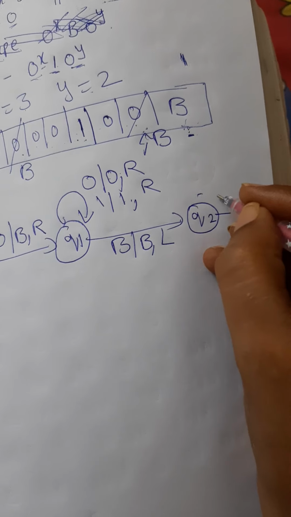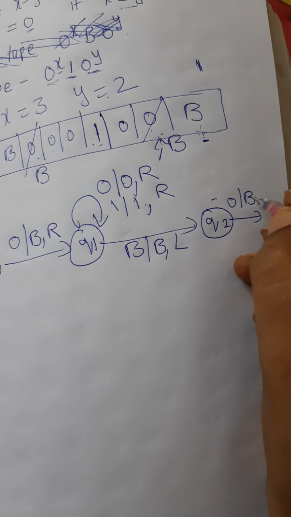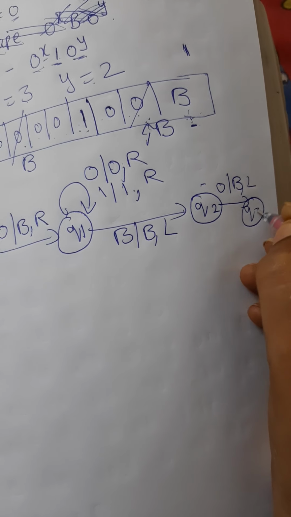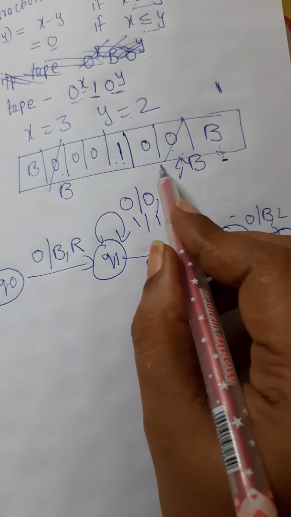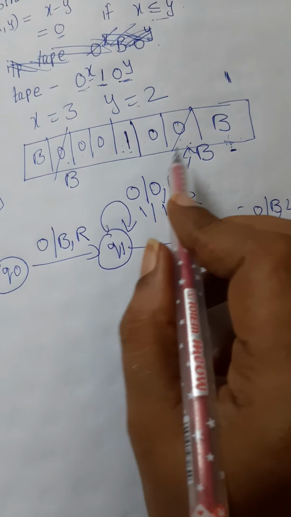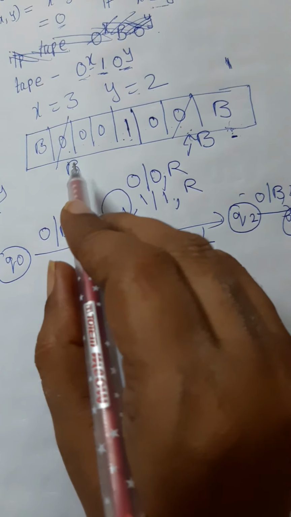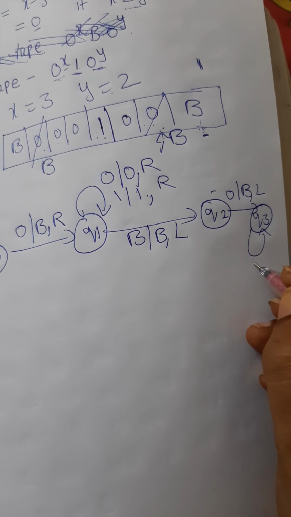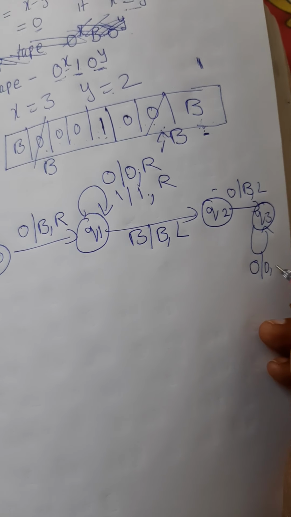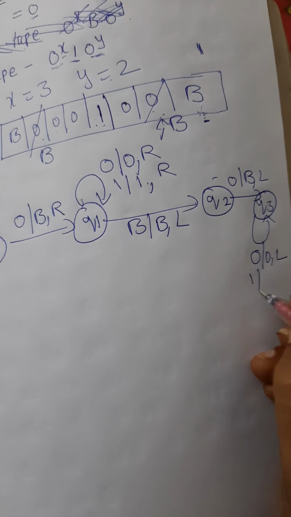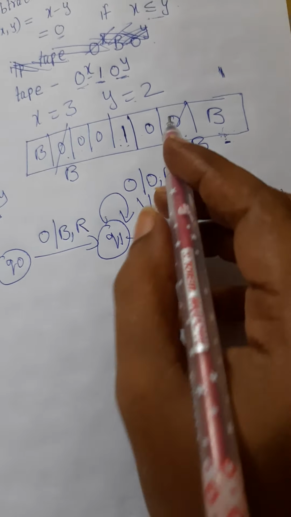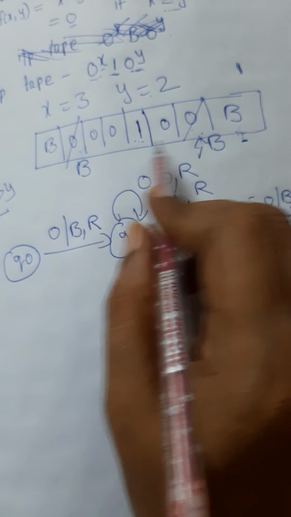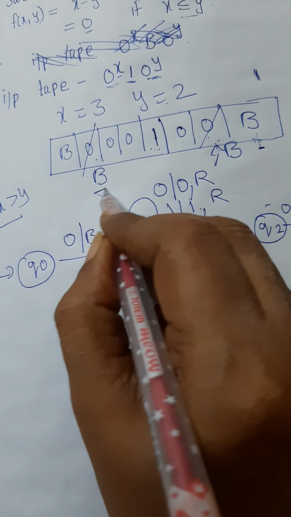So we make this 0 blank and move left, and take the state as Q3 here. Once again all the zeros and ones, we have to go on skipping and move left until we see the blank. So the process is repeated. All the zeros you just skip moving left, and if you see the 1 also, you move left. So this 0 we have skipped, this 1 we have skipped, this 0. Now once again you are coming to the blank.